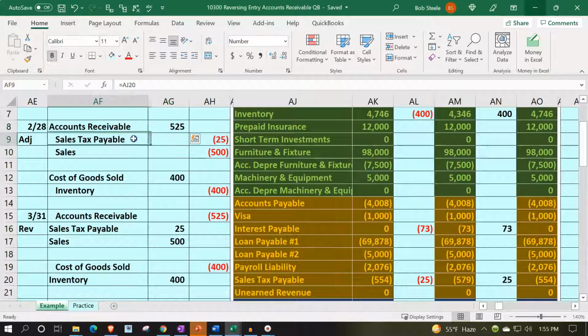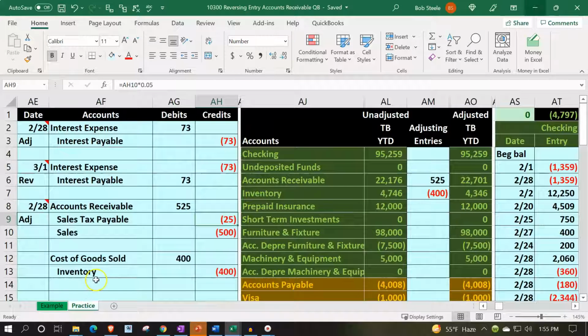We also have the sales tax payable that has a widget oftentimes to track the taxable items when you're dealing with taxes in software that we want to be careful about. And then we've got the inventory, which also has a subledger. Most accounting software not requiring you to enter when doing a journal entry to an item in the subledger. Therefore, we did not do so. We're out of balance from the subledger by the $400 until we do the reversing entry, which we will do this time. So let's go back to the practice tab,